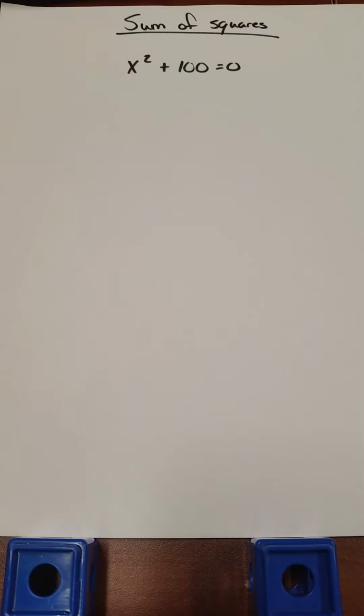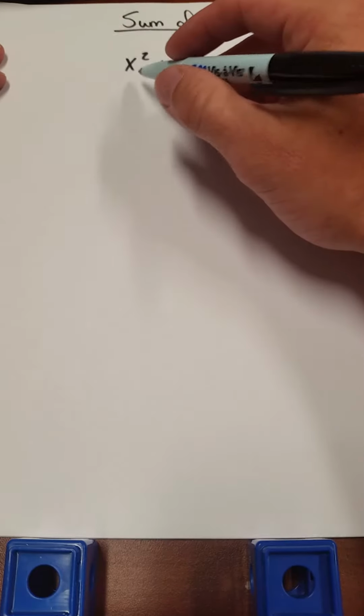This is something new that we're teaching this year. I'm going to show you why we get the solution that we get. Then I'm going to basically show you a shortcut of how to do this problem. If you think back to how to solve a problem by taking square roots, you do not have a linear